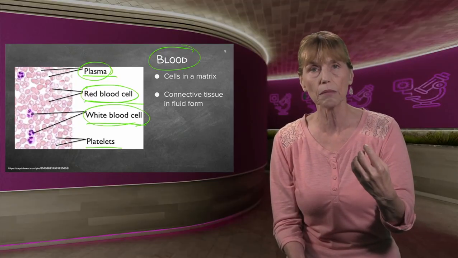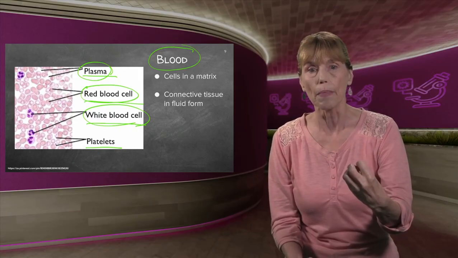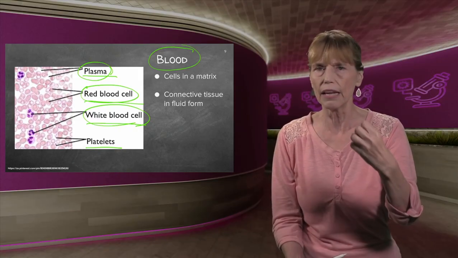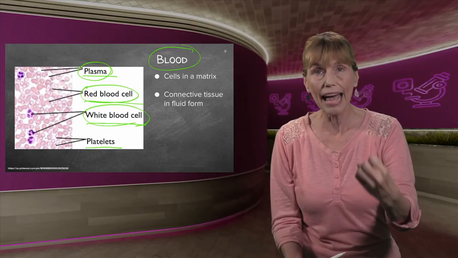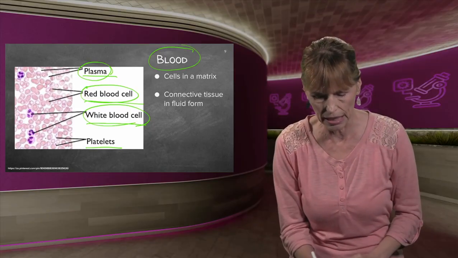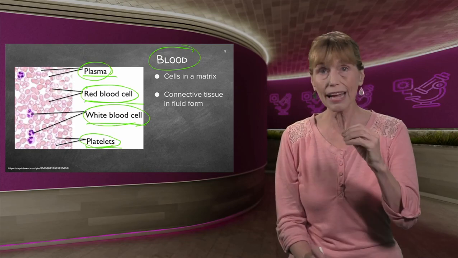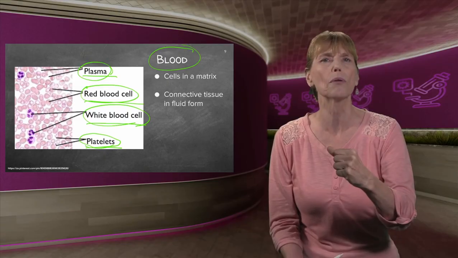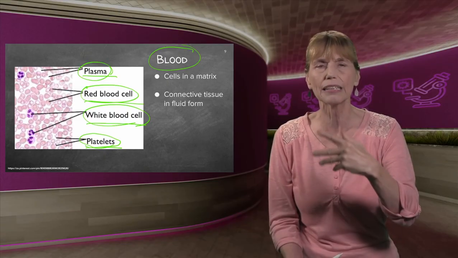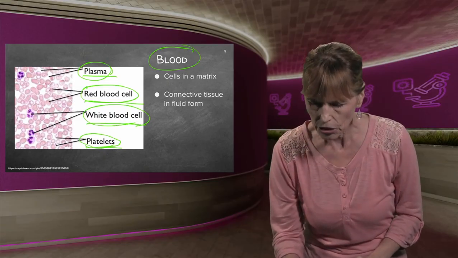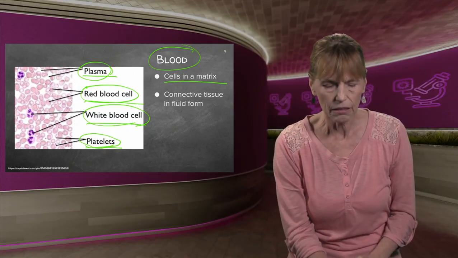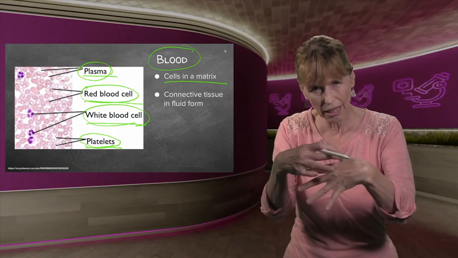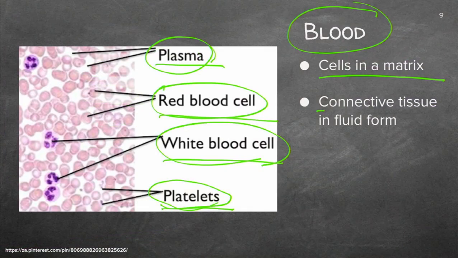They can replicate themselves. They are your immune system. They absorb all the baddies in your body and they can attack new ones coming in. And platelets also have their own nucleus, but they're there for fixing holes in the body. They are there for generating blood clots. Okay, so they are in a matrix, which is like a mixture, like cytoplasm, connective tissue in a fluid form. So they are your main connective tissues.